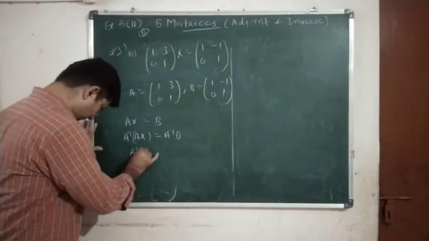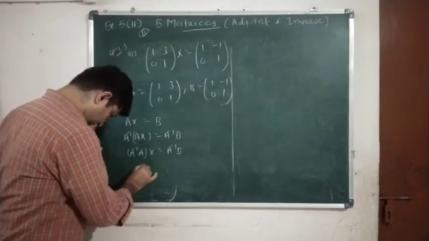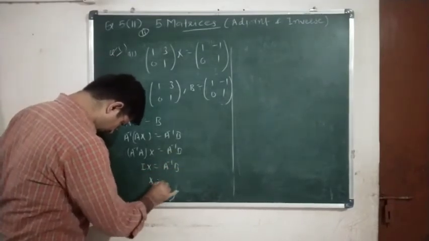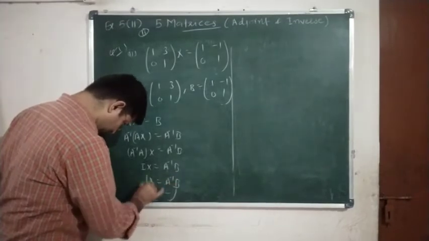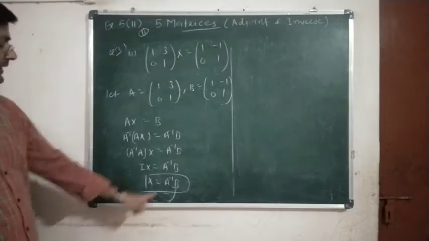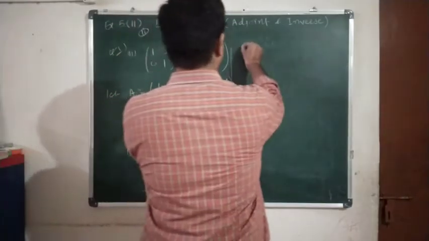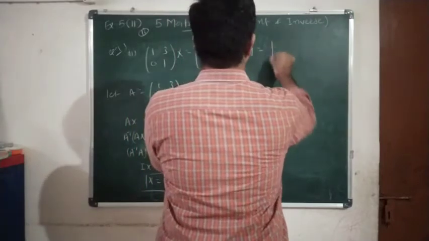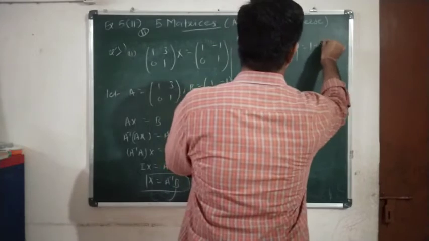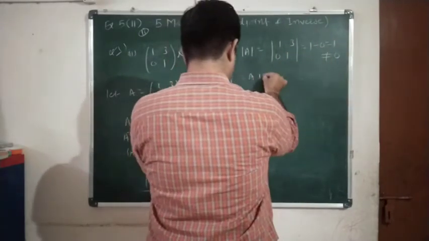So now using associative law, I into X is equal to A inverse B, or X is equal to A inverse B. In short, in order to calculate the unknown matrix X, we need to find A inverse and then we'll multiply with B. So first we'll calculate determinant of A: 1 into 1 minus 3 into 0, 1 is 1, not equal to 0, hence A is